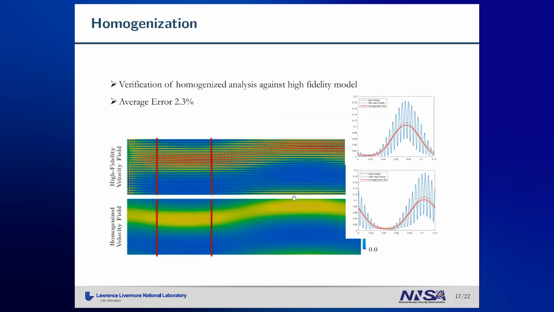And here is a comparison between reduced order model simulations and full resolution simulation. We can do this in 3D, but in 2D one can see the differences. And here is a cut of the velocity distribution for two different sections. We can see that with reduced order models, we cannot resolve the highly oscillatory behavior of the flow. However, we can resolve quite nicely the average behavior, and for the average behavior, the error is 2.3%.